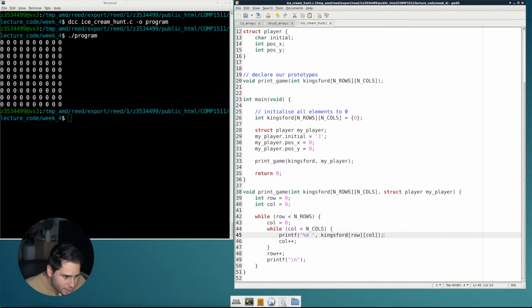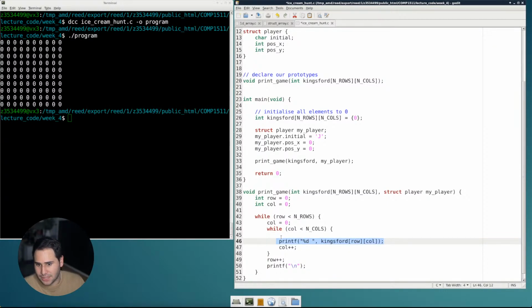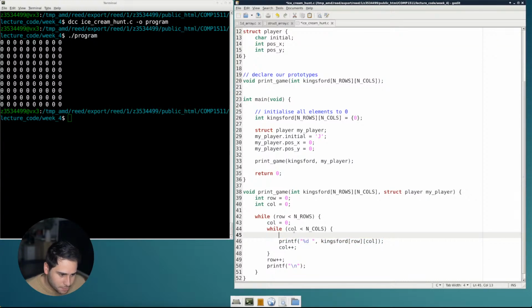Okay, now we're going to print here. So instead of just printing the value in the array, which is always going to be 0 or maybe 1, for example, we can say if, what did we call it? My player.pos x is equal to